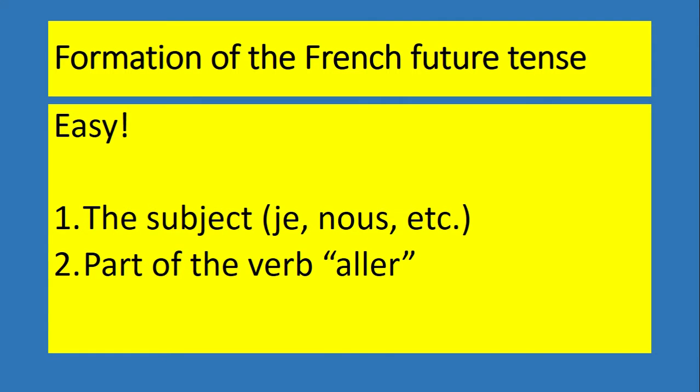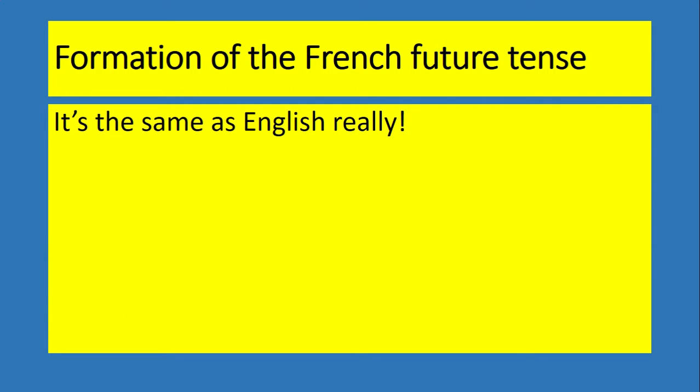If you've seen my video on the present tense, hopefully you've learnt that aller is the verb to go. So we're going to use the present tense of the verb aller, and then we're going to follow it up with an infinitive. If you've seen my lesson on the infinitive, hopefully you understand what an infinitive is. Quick recap: it's the dictionary form of a verb, and in English it means to play, to go, to whatever. So the verb with the word "to" in front of it. So it's the same as English, as I said before.